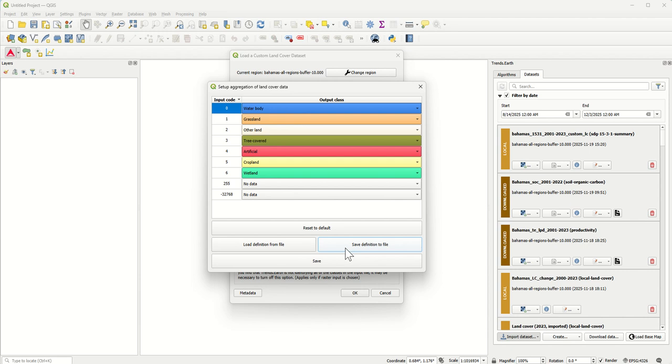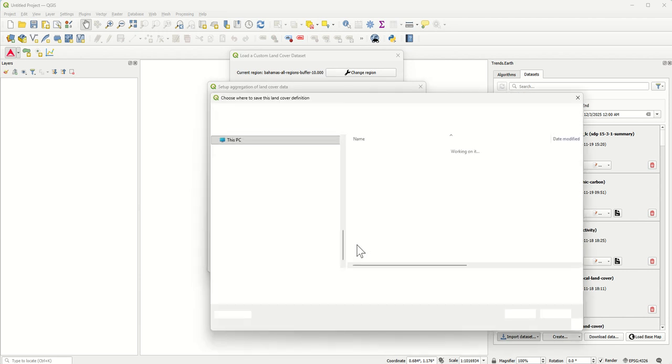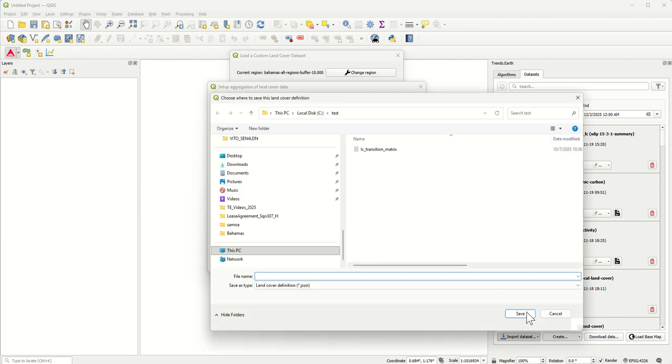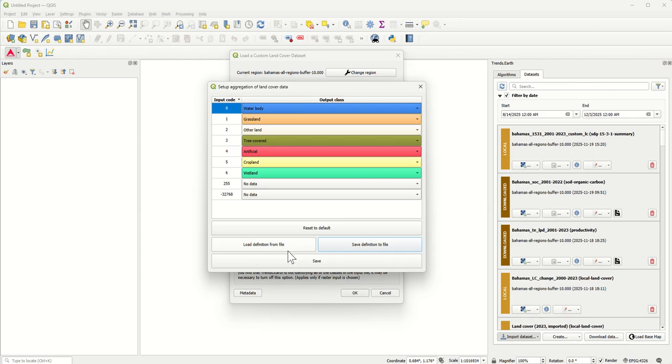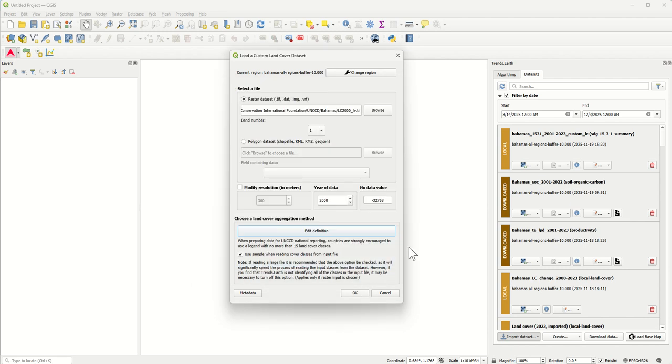So I can save this definition to file, as I've done previously. I will just name it land cover classes for the Bahamas. And then I can later on load this instead of having to go through each code, each ID there.